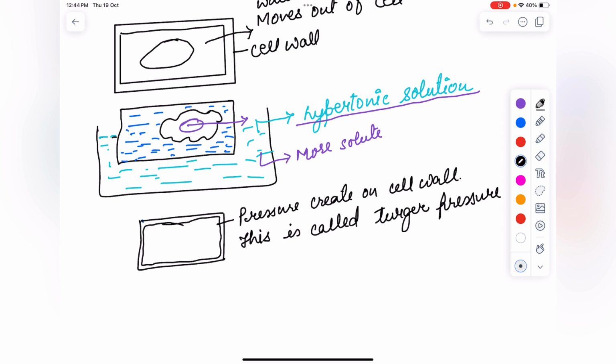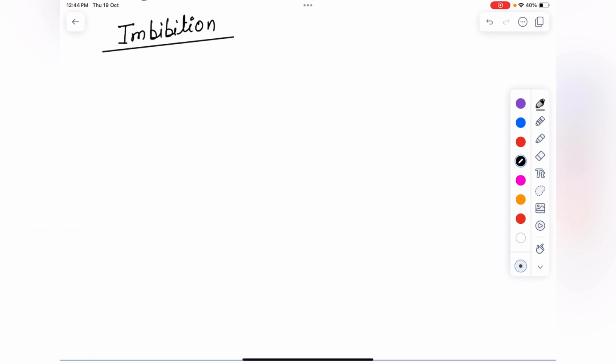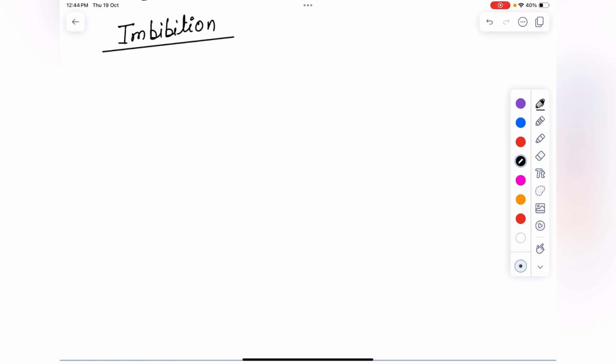Next is imbibition. So imbibition is a type of diffusion when water is absorbed by the solids, that is colloids, causing them to increase in volume. So you have seen in the rainy season the doors क्या हो जाते हैं? Swell कर जाते हैं and it is difficult to close. Why does it happen? Because of the imbibition. So what is the definition? It is a type of diffusion which takes place in solids and colloids show increase in the volume by absorbing water.